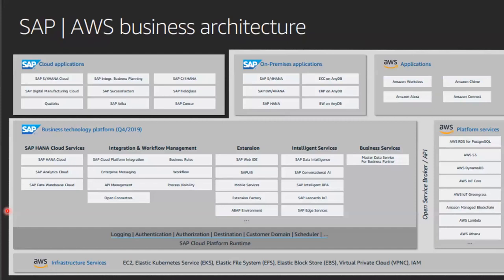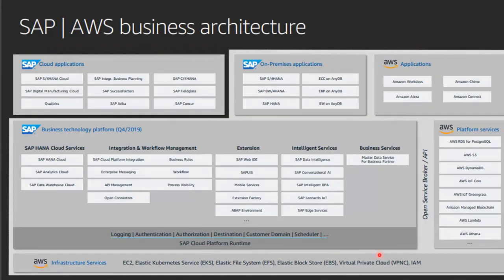Yeah. So in terms of business architecture, you will have SAP Cloud Application, which has its own architecture. It has its own tier, as you can see in the slide. And you can have SAP on-premise application, which has its own components, services. By the way, this is a business architecture, not a technical architecture. So we will discuss what component you can use on AWS. For example, the infrastructure layer, as you can see in the end, can be completely on AWS.